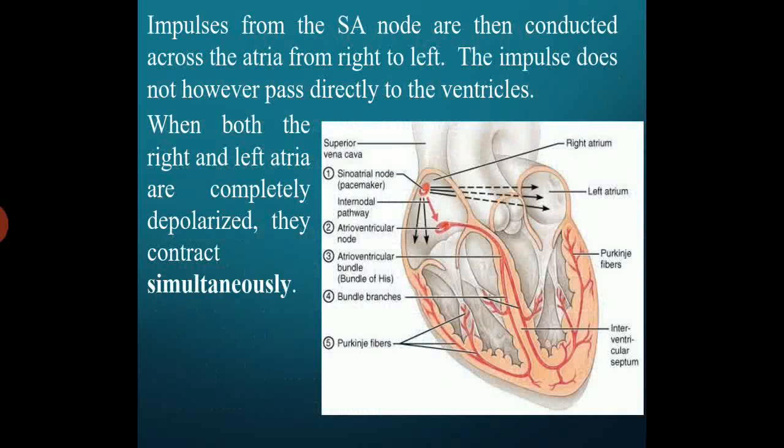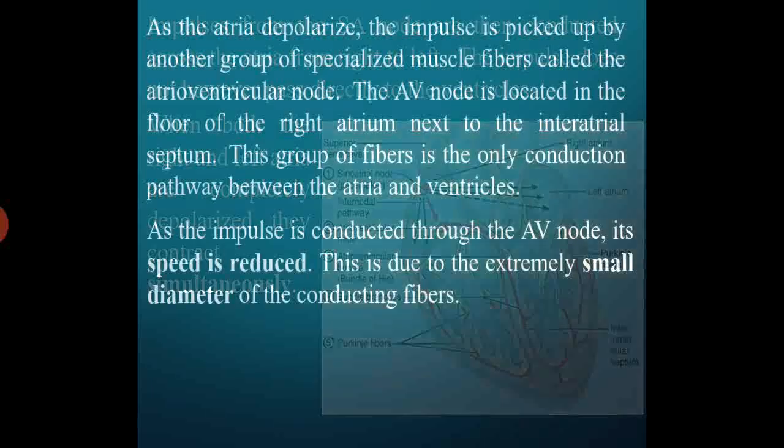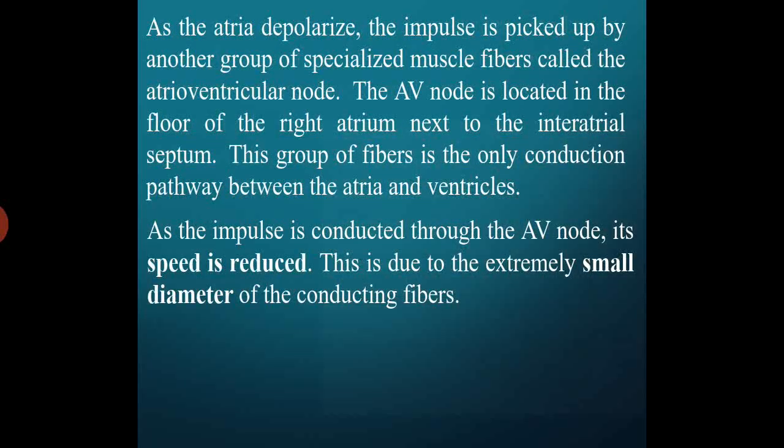Now the question of a few of you will be, what is depolarization? Depolarization is a process where a cell undergoes a change in its membrane potential, or you can say it is a change in the electrical charge from positive to negative or from negative to positive. Okay, so at the depolarization of the atria, the impulses are picked up by some specialized muscle fibers, and those specialized muscle fibers are called